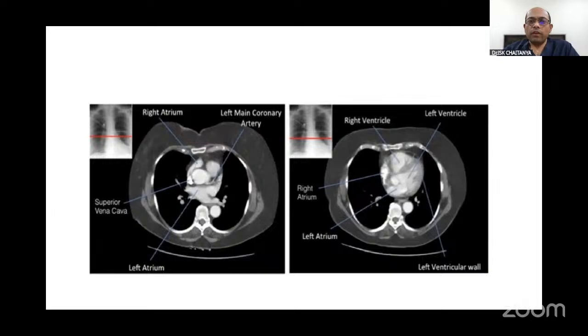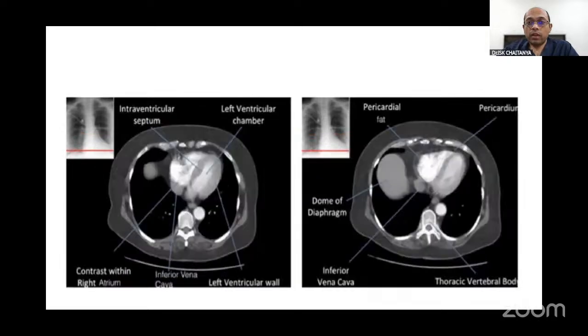Further down, we'll be able to see the atrial level. We'll further identify structures opening into the right heart, like the superior vena cava, the right atrium, left atrium, and further down, we'll be able to see the ventricles. At this level, we'll also be able to see something in the mediastinum, like the heart, whether it is dilated